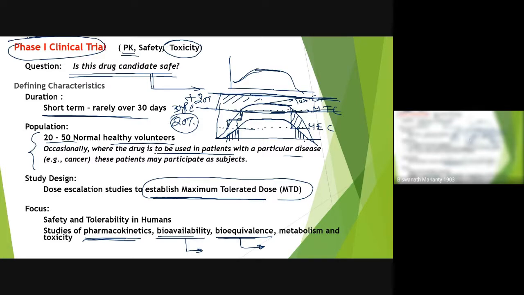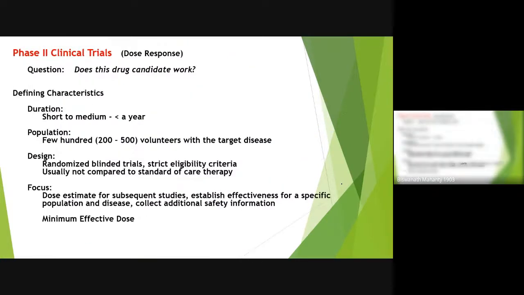The result, the outcome should be similar. Is it there or not? Then they are called bioequivalent. Biologically, their outcome is similar. So maybe I have to put somewhere more, somewhere less, but the final outcome will be identical. So that is called bioequivalence. Metabolism and toxicity study can be done. Second, here only we will look for whether the drug is working or not.